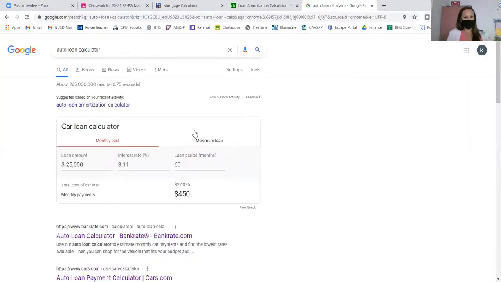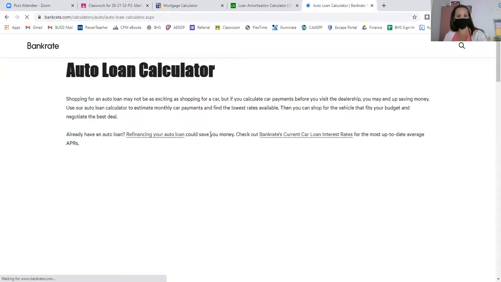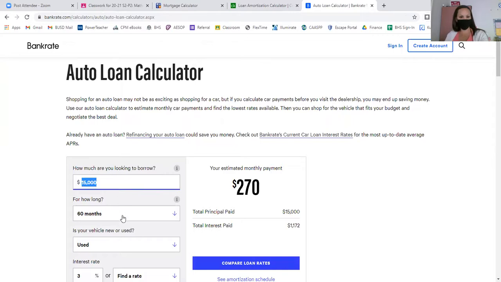It doesn't do a percentage here. So again, if you use this one on Google, you have to do the math ahead of time, which in this case isn't too bad. It says it's a $15,000 car with a $3,000 down payment. We could subtract that, but here it's not going to tell us the total interest. I don't know if this one will. Some of them do. So $15,000